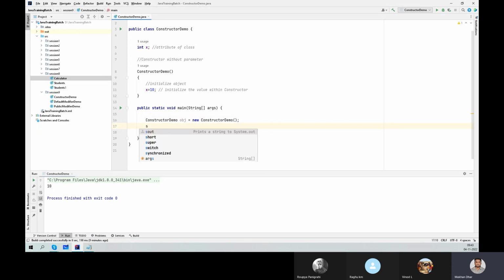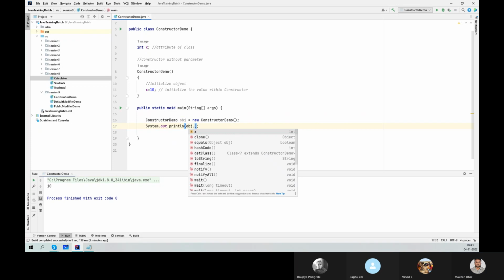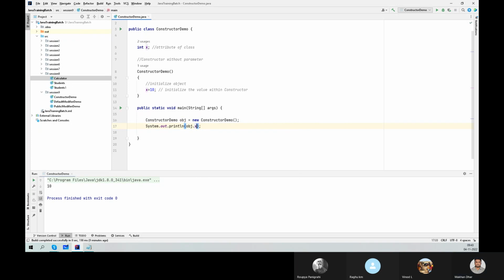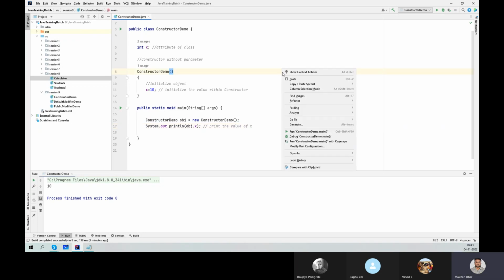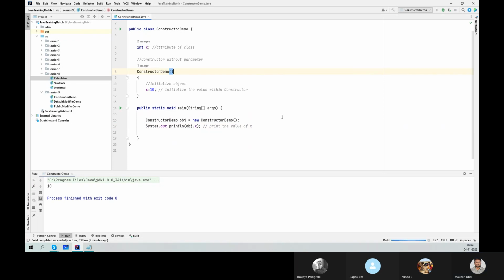Now I want System.out.println of obj.x, right? Now it is printing the value of x. So if I run now,